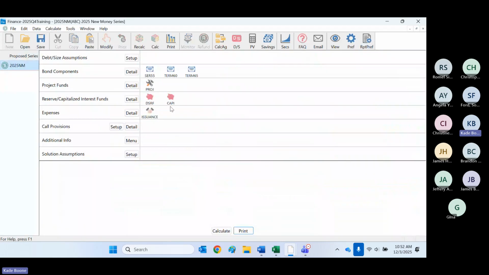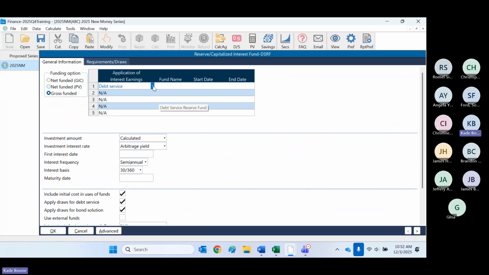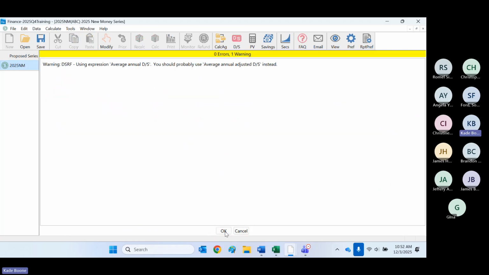So how do we do that? We go back to the reserve because this is very common. Do another fund. It could be to the project fund. It can be, in this case, let's just do CapI. Now,